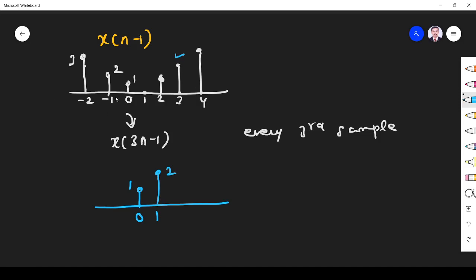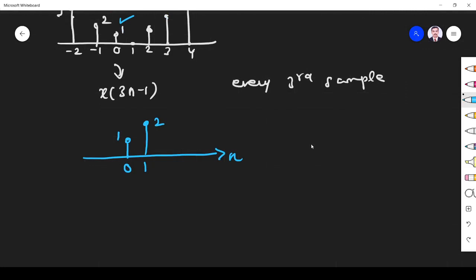Then on the left-hand side, we have to take 0, then take minus 3, every third, but we don't have any third, so this is it. So this is x of 3n minus 1, right? Otherwise, you take 0, right? Leave every 2 samples. That's what I told you, right? So 3n means you take just the third sample. That's enough. So 0, 3, only these 2 will come into the picture, right? So this is one way of solving the problem. I will give one more example.